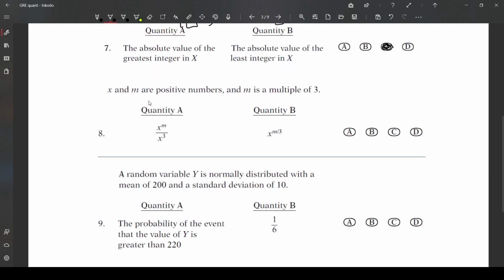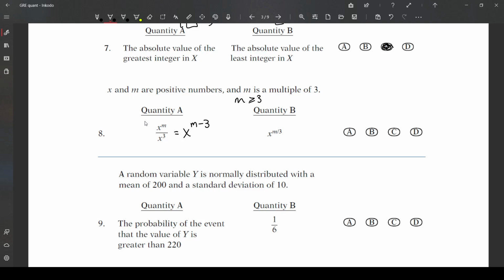X and M are positive numbers. M is a multiple of 3. So that means that M is greater than or equal to 3. So this is using division rules for exponents. This is x minus 3, and this is x to the m over 3. Now, if x is positive,